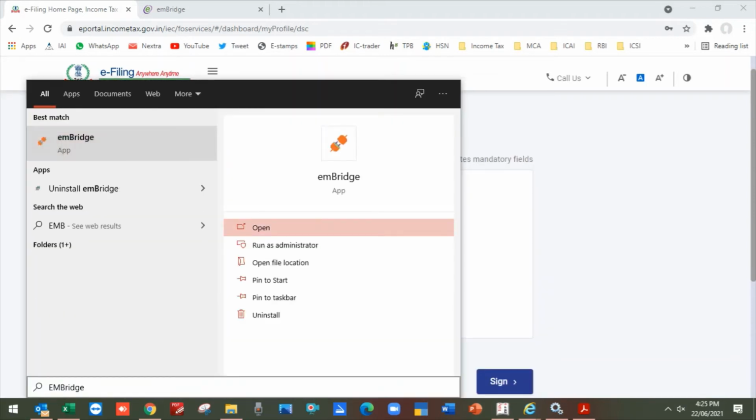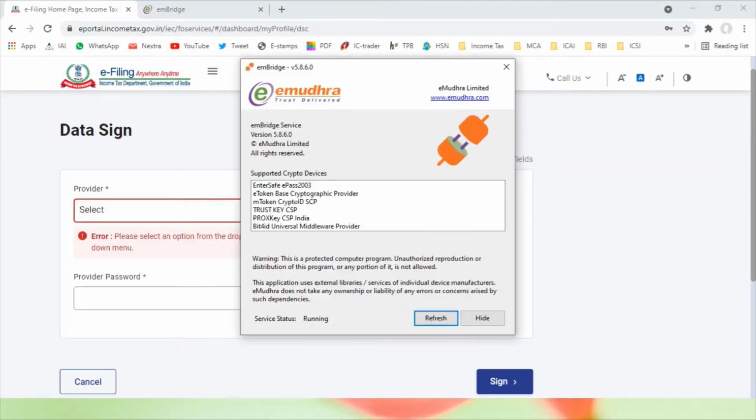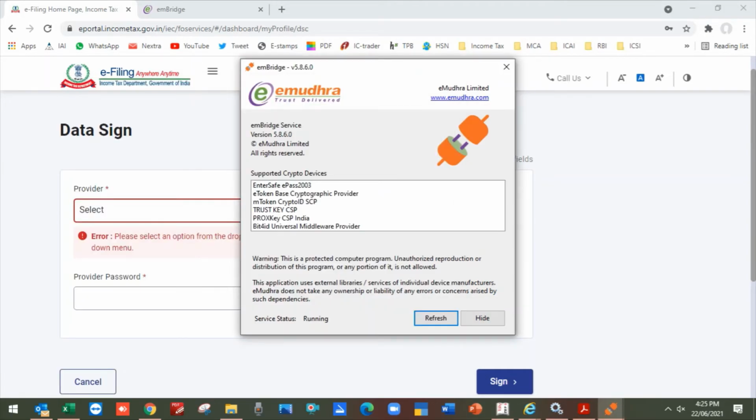Just type mbridge, and as I told you, run as an administrator. Yes. This window will open and here the status would be shown as stopped. So how can we convert it into running mode? Very simple. If you are opening this window for the first time, try to refresh it. Once you refresh it, if it is still showing the stopped status,